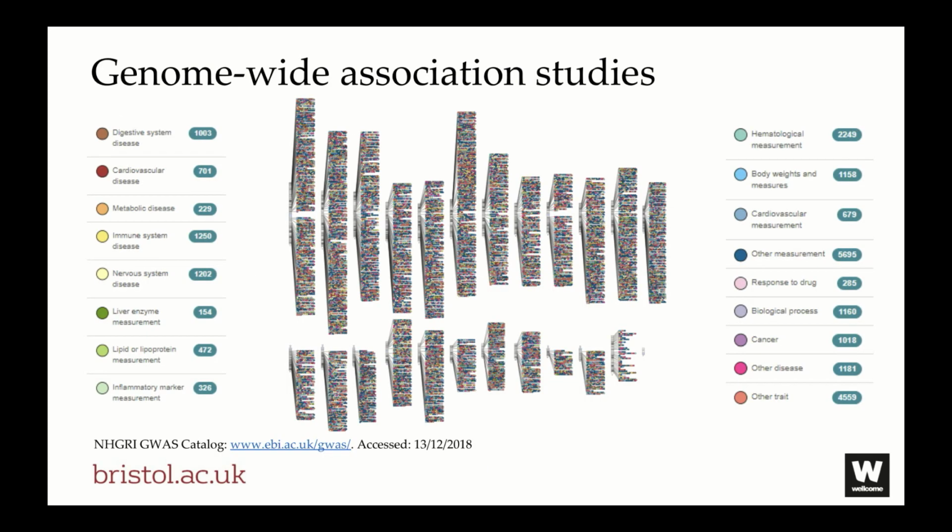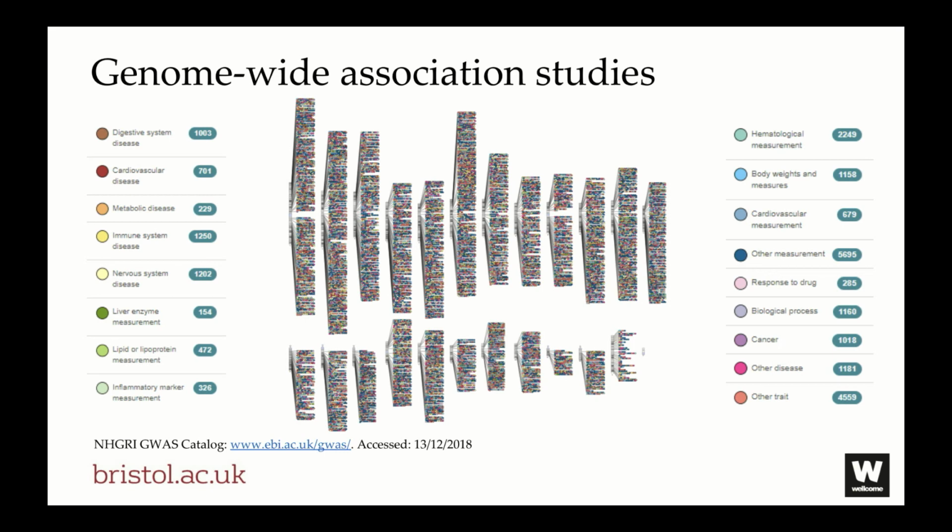And one thing that we actually know quite a lot about now, and this is actually an outdated slide, is that, based on genome-wide association studies, we know a lot about what particular variation at the genome level does to various health outcomes or traits. For example, cardiovascular disease, immune and nervous system diseases, cancer, even how people respond to drugs. So we know a lot now about what genetic variation does, and we can use that to our advantage with